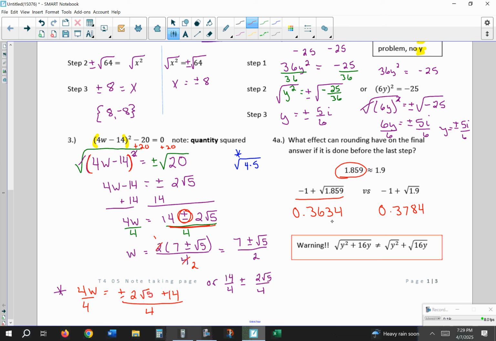Now, one of those things I was talking about with this warning up here is that in the part of the lesson we're getting ready to get to, we're going to end up with something like this written on one side of our problem. And the thing that we can't do,